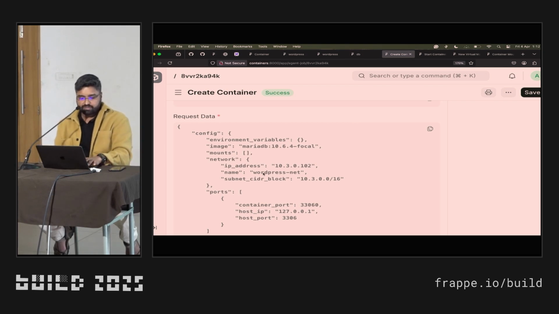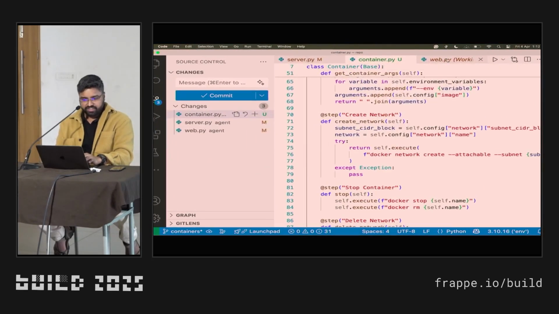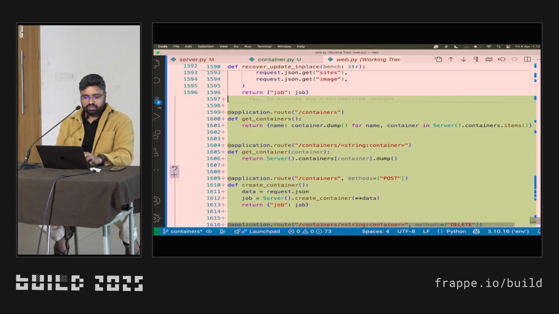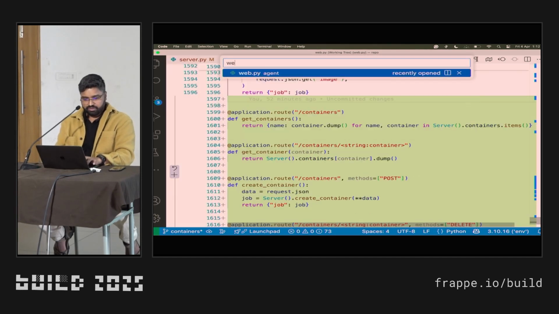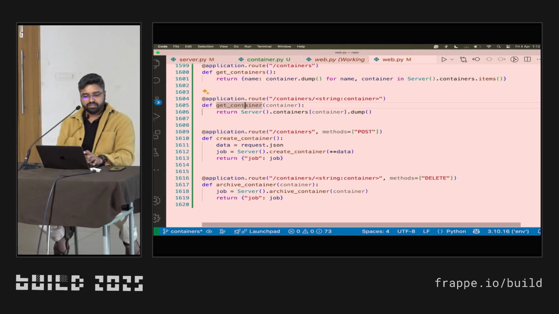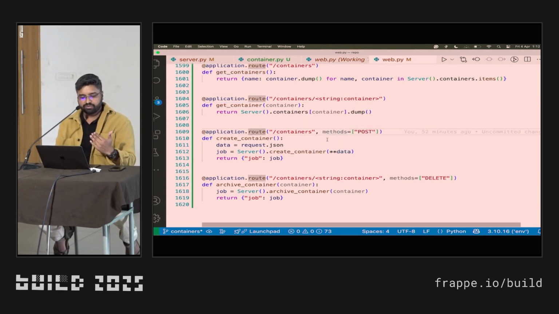On the other side of this puzzle, the way we implement this is again very, very straightforward. Flasky is we have a web.py file, and we just implement Flask endpoints. Let me just open web.py. Okay. So we have a get container method that has a particular route. We have a create container method, again, with some routes. And